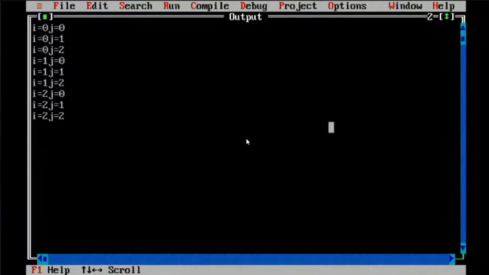So in this, see here, now I equals 0, J is 0, I remains the same, J is 1, I remains the same, J is 2. Okay, I equals 1, 3 times, for that J is 0, 1, 2. I equals 2, 3 times, for that 0, 1, 2. Is it understandable?